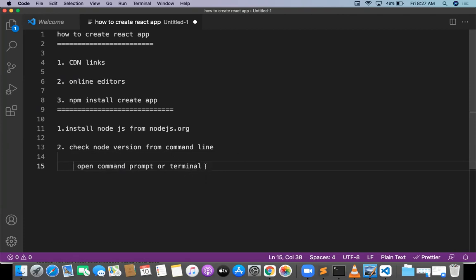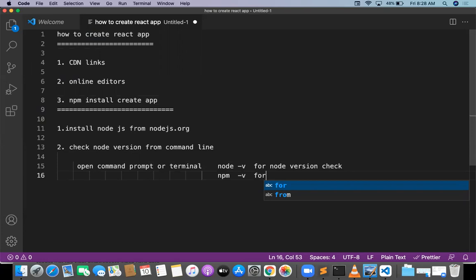Give node -v to check the node version, then npm -v to check the npm version.